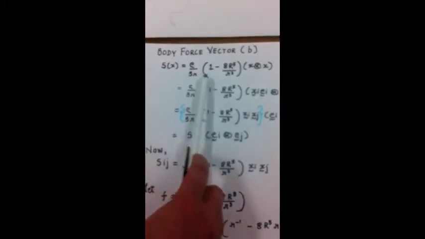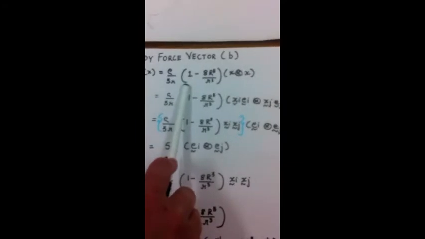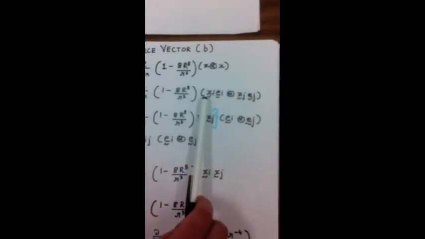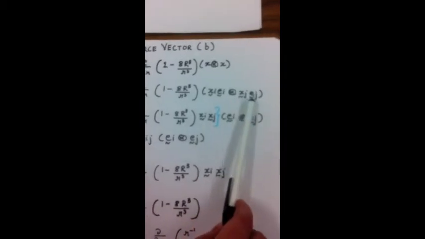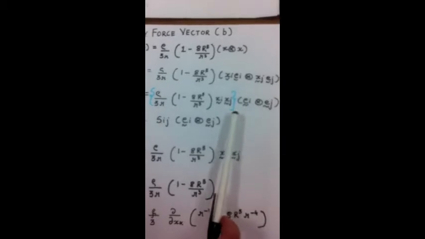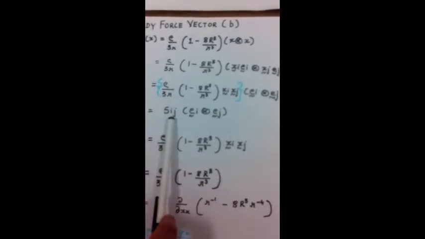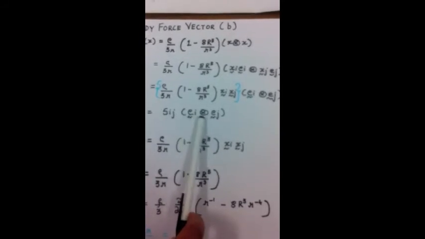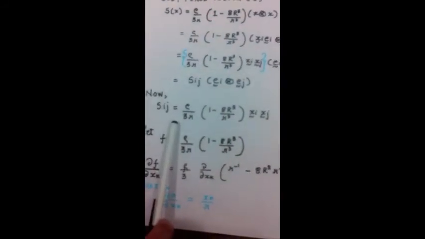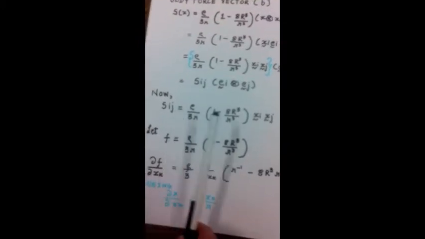So we know what S with respect to x is equal to. For x tensor x, we substitute xi ei tensor xj ej. We gather up our constants, and we come up with this quantity in the brackets is our Sij component with ei tensor ej. Since we know our Sij function, to simplify our partial derivative for our divergence, we are going